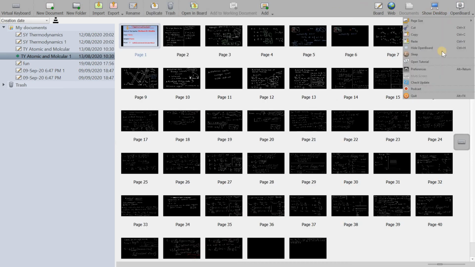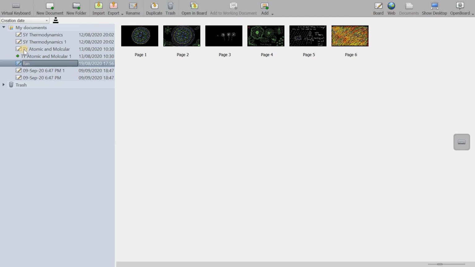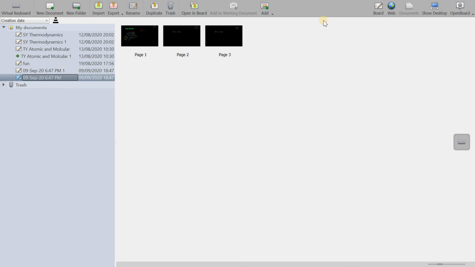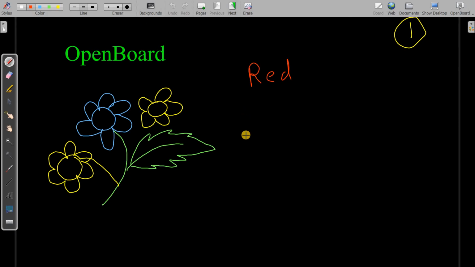And there is one more option, that is a podcast. Basically, it's just a video recording of your lecture. If you want, you can do that. And this is a quit button. It's automatically saved here, so you need not worry where it's saved, but whenever you open it you will get everything here. So that way it's a very handy tool. Okay, so now I will stop. I believe this is enough for a beginner. Thanks to the OpenBoard team for making such good software.